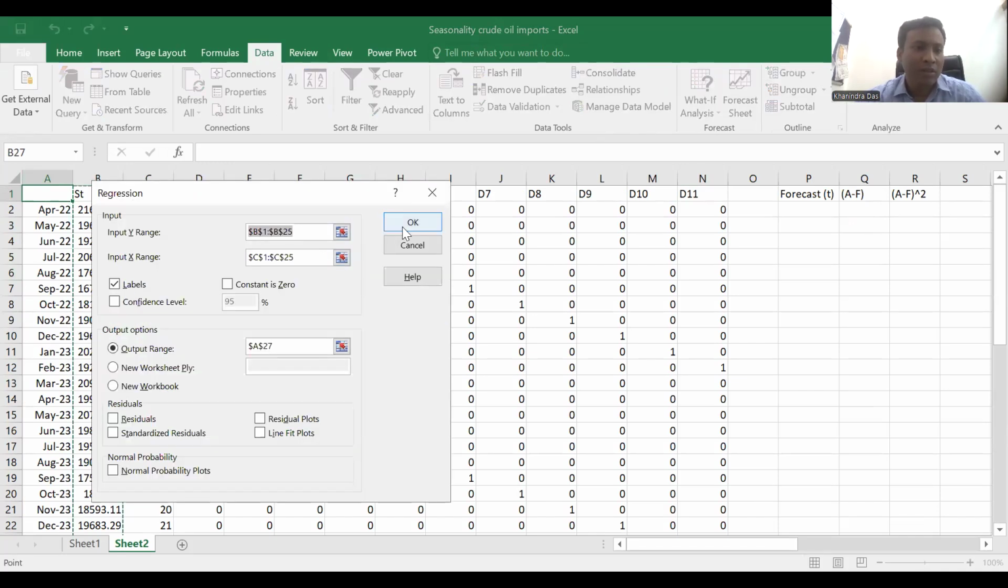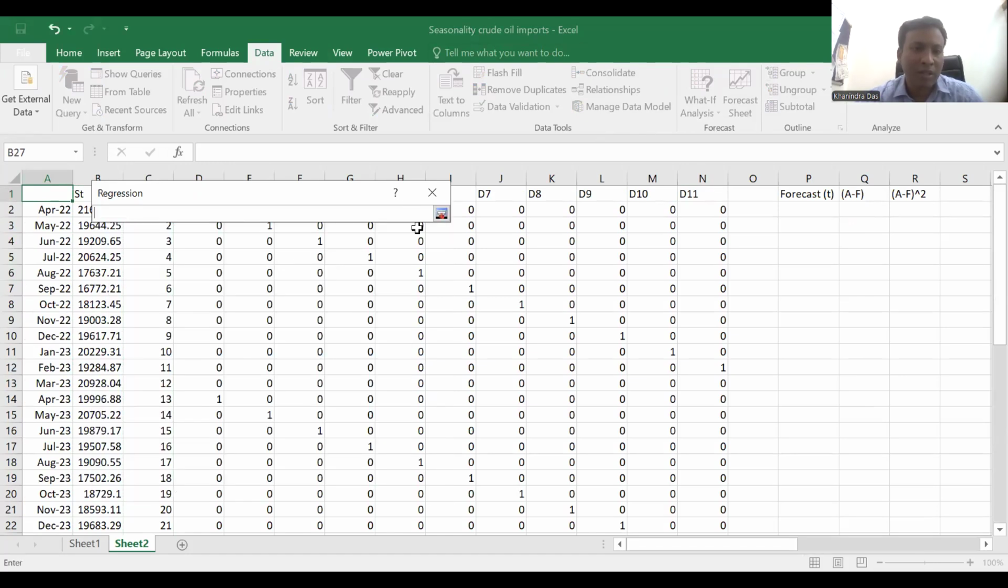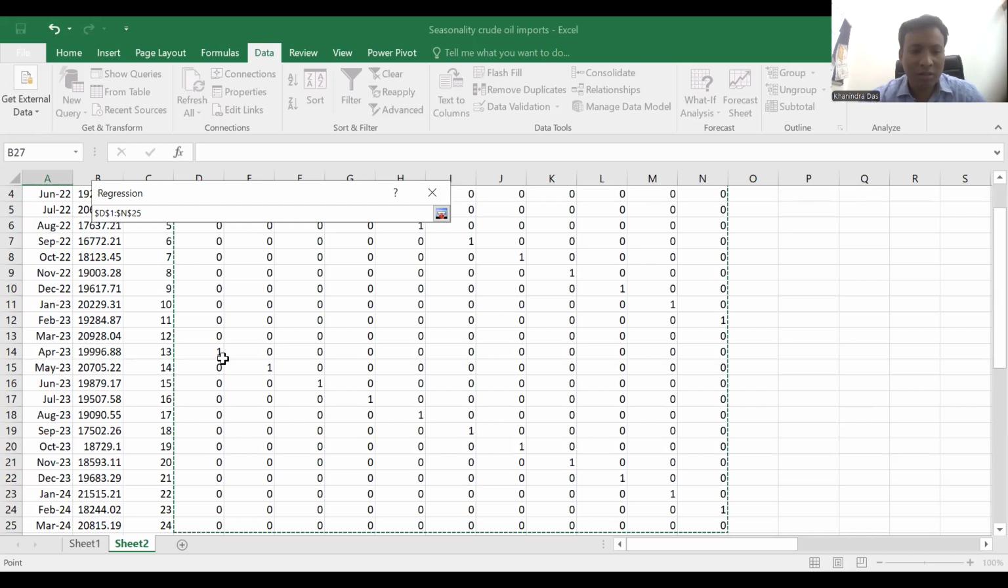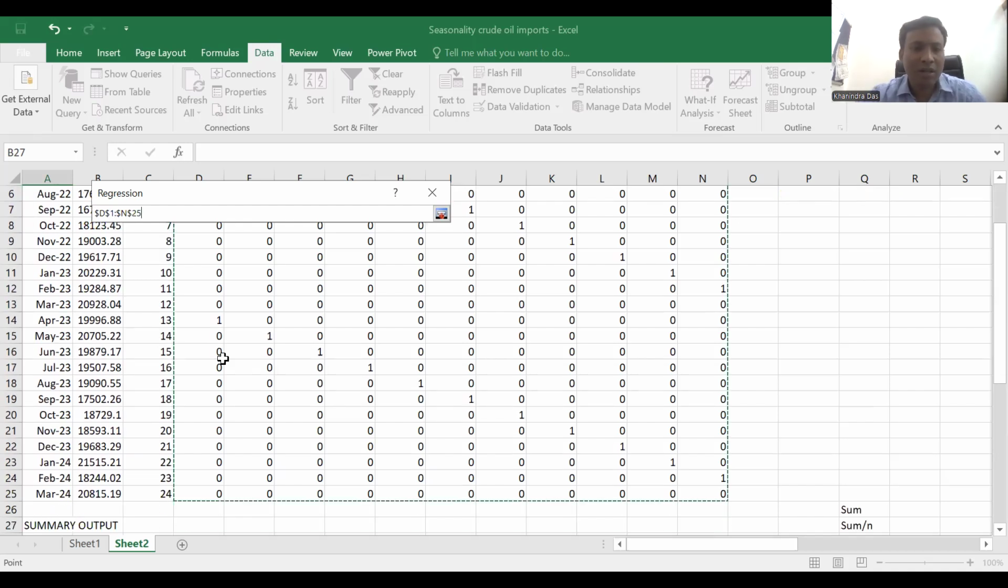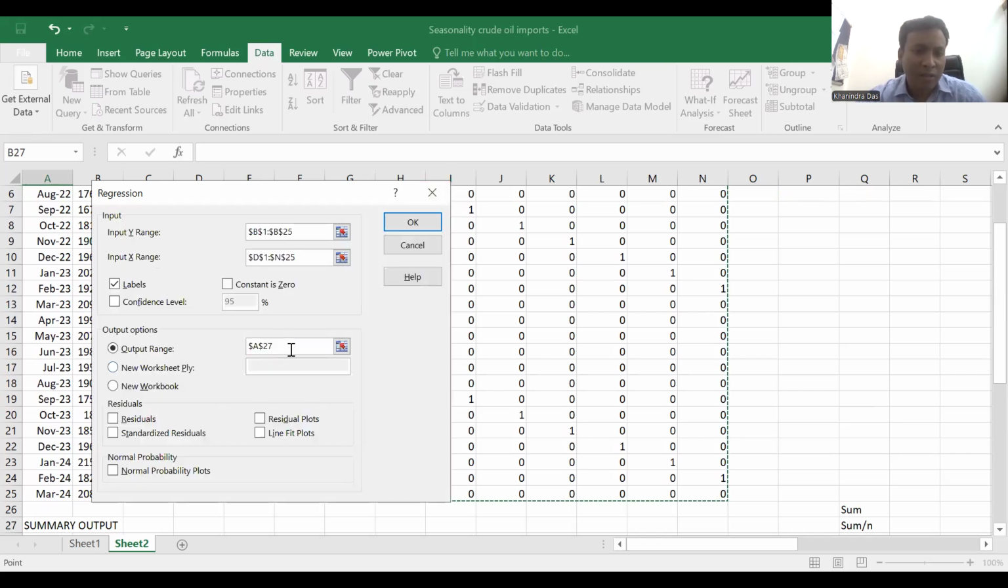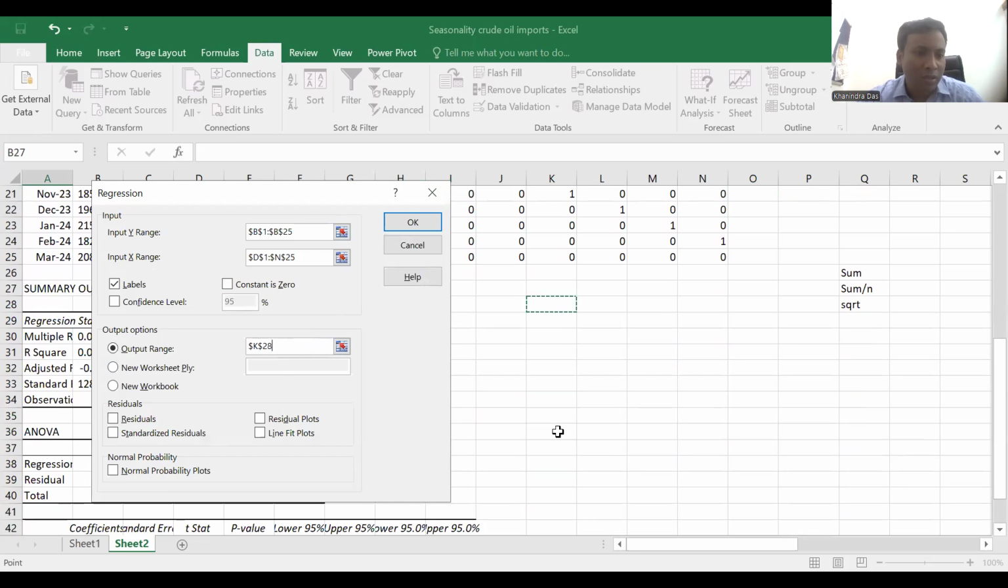where dependent variable is st as before, but the independent variables now include dummy 1 to 11. We are not including the trend because there was no trend in the data. However, one can cross-check that as well. And we want to specify a different cell reference so that both results are present in the data set. Let's say we put it here